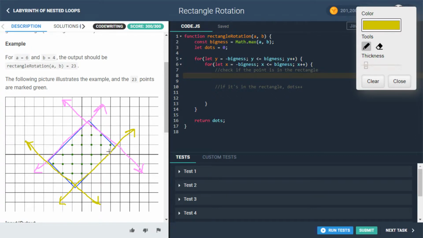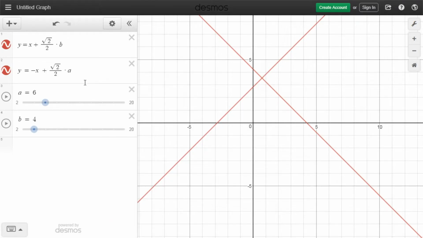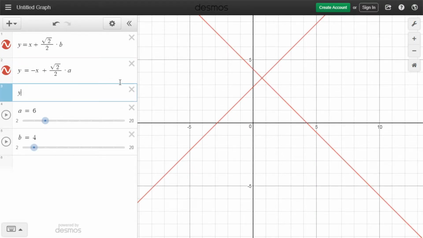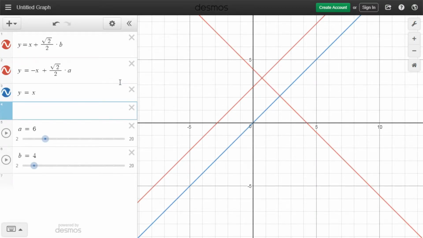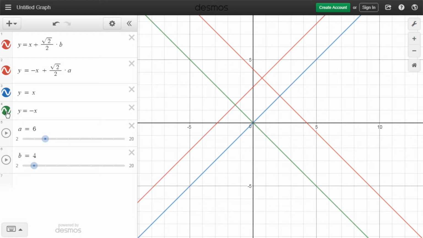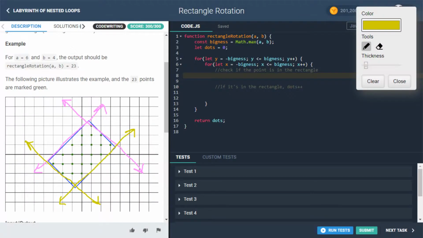The first thing you might notice is that this one over here is parallel to this one down here. And hey, big surprise, this one over here is parallel to this one down here. So they'll have the same slopes. Let's get that in here. So we'll say y equals x for one of them, and y equals negative x for another one of them. And I'm noticing these top two are the same color. Maybe let's make these bottom two also the same color. Yeah. Okay, so it's forming a rectangle now,